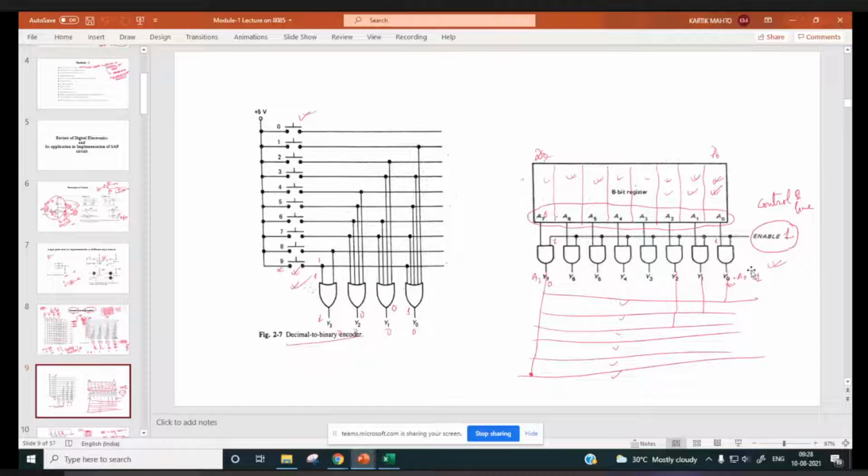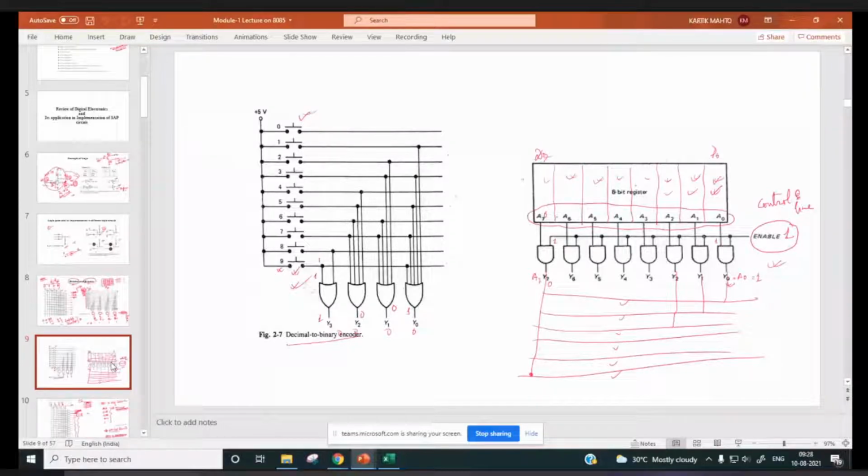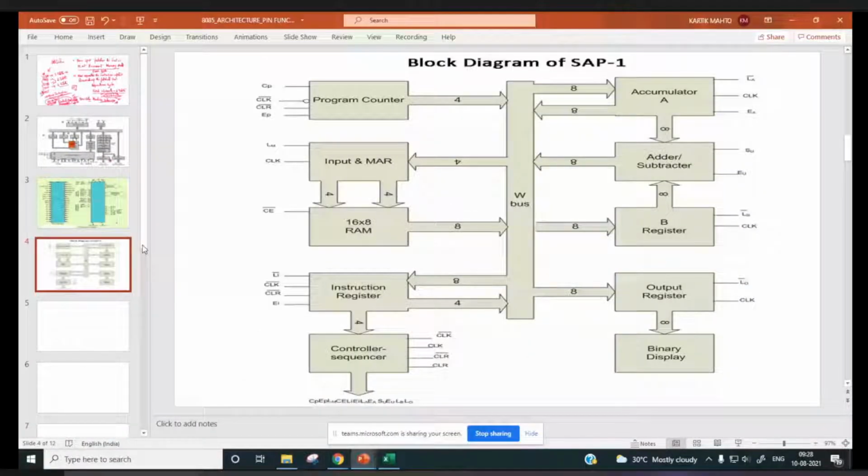Similarly, register enable we discussed. So here in SAP 1, if you want to transfer the content of RAM over to the accumulator, then what we need to do is enable this RAM. So C bar has to be active. Data from RAM will come out and be loaded to the accumulator if LA bar is active. So during a single clock pulse, you have to enable this RAM chip and LA bar has to be active so that data from RAM will be loaded to the accumulator.